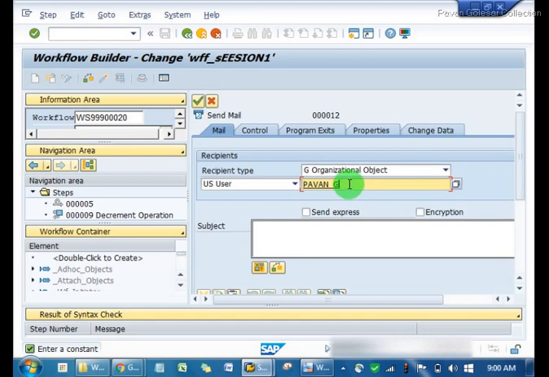If not, it will not trigger. If another user, an SAP user or any other user, is there, it will not trigger. This is a very important step. There are various scenarios and we cannot cover all of them in one go, so I'm just trying to give you an idea.